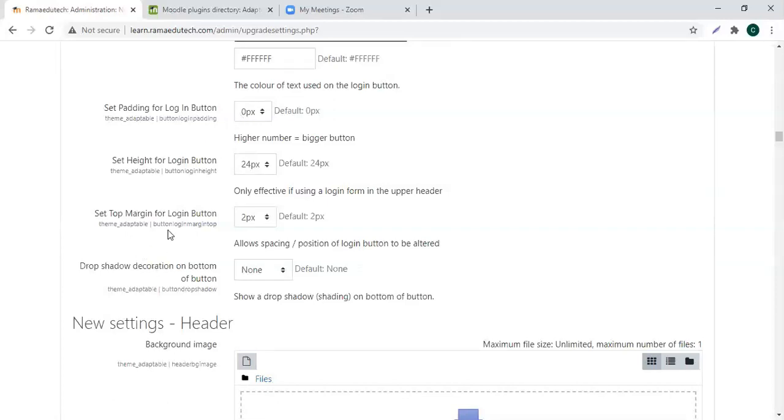What is margin? Margin is the space between two different elements. Suppose this is a box and this is a text. Okay. So there is some space between them. That space is called margin. All right. So that is the difference between padding and margin.